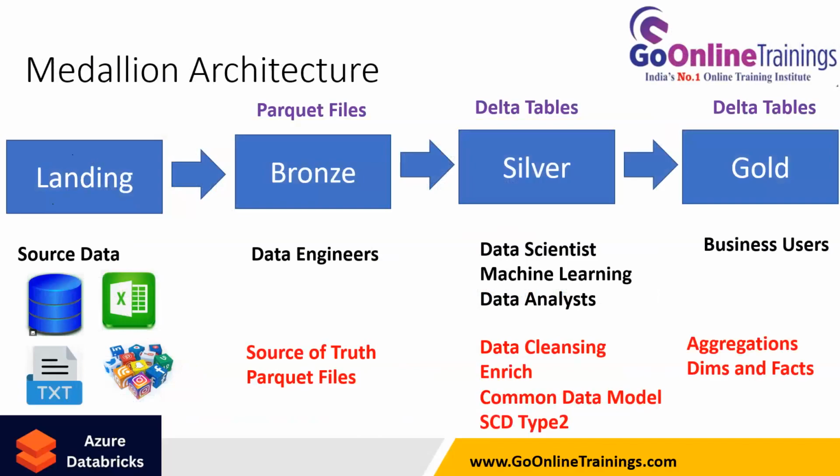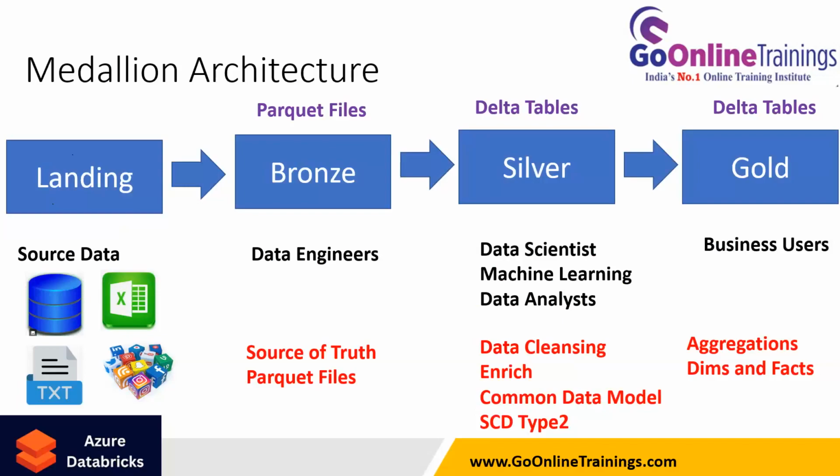All the data you're going to be dumping into the first landing zone. You create one data lake. In the data lake, you create a folder called landing folder and dump all the data with the help of ADF, right? Already you have used the copy data activity and dumped all the data into a folder called landing folder. From there, we are going to be taking the data from the landing page to then dump into